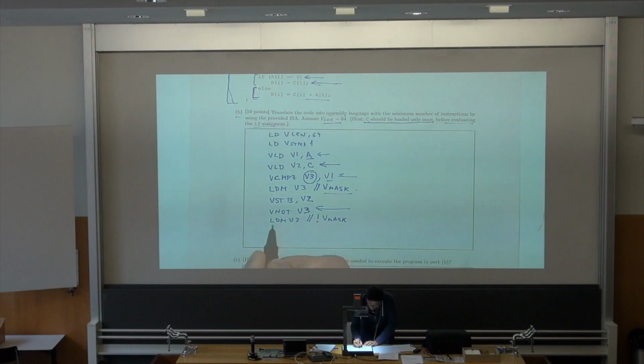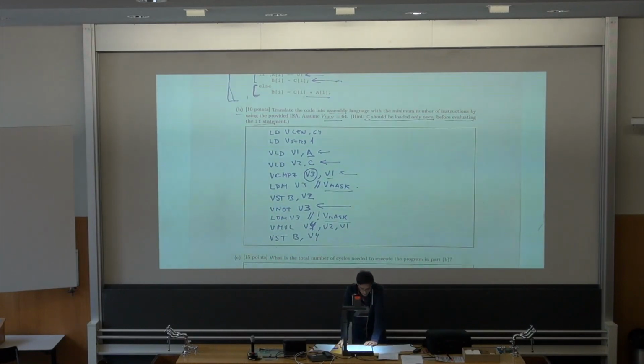Okay, so now that we have this mask for the else part, we can do the multiplication. The result will be stored in V4. The source operands are in V1 and V2, and finally we will store the output in array B. So now that we have this code,